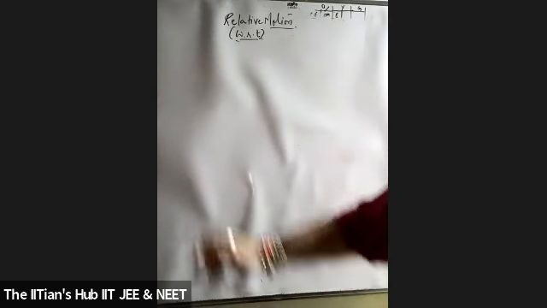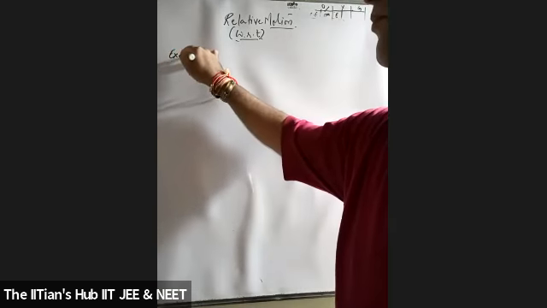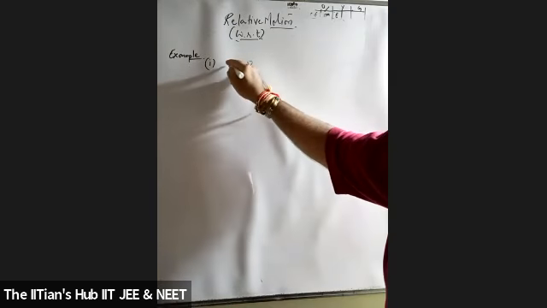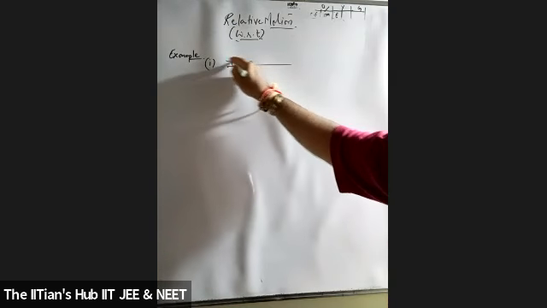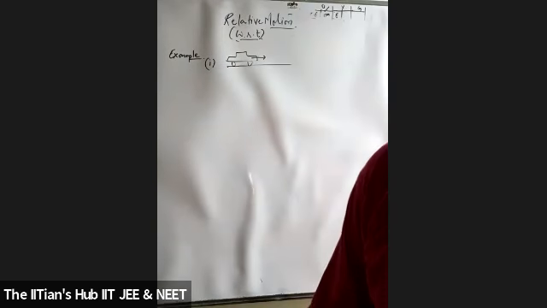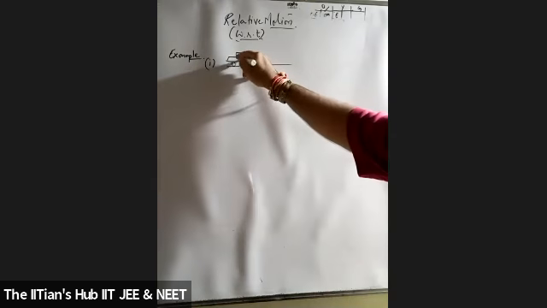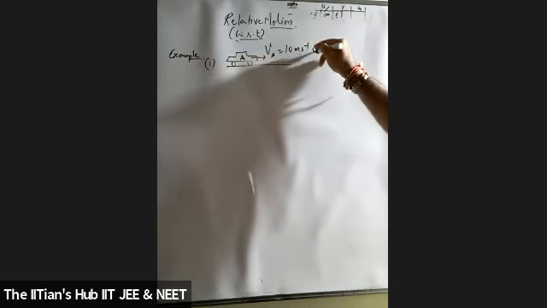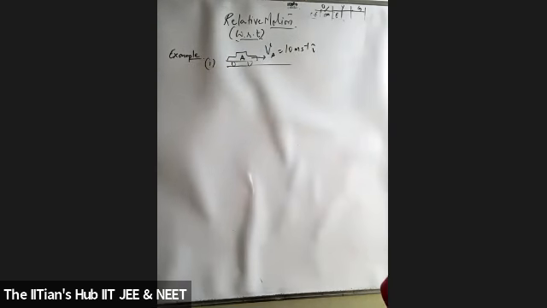Okay, now let us take a simple example. The first example, students. Suppose a car is moving on a plain road, we consider a straight road, and the car is moving with a speed of, if I say this is car A, 10 meter per second, I cap. Means can I say it's moving along positive x-axis? Agreed? Yes, sir.